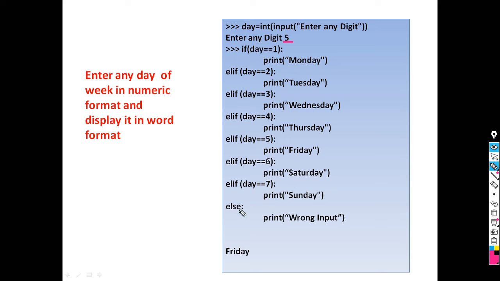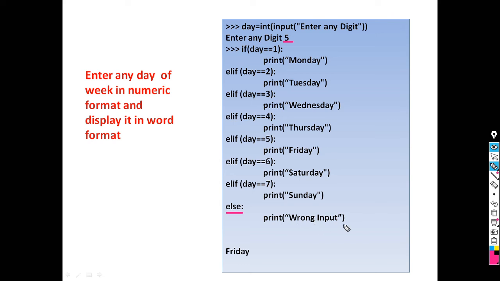By using this, we can write the corresponding day for the numeric value using if, elif and else. What is the else part? If the user enters other than the values 1, 2, 3, 4, 5, 6, 7, for example 8 or -1, it gives wrong input.